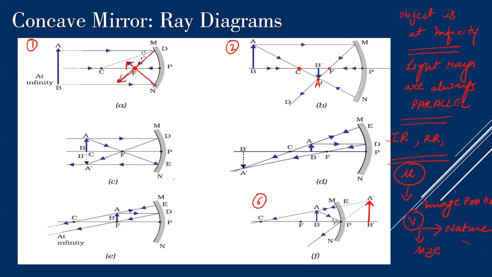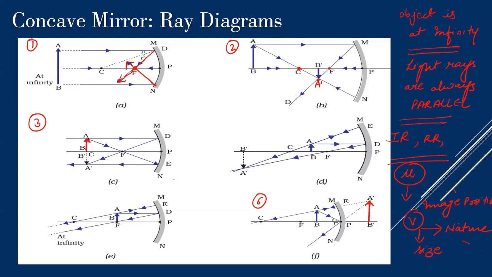This will describe the entire image formation. Okay. Third scenario. We had discussed what was it? It was at C, first at infinity. Now slowly we are coming forward. What is the second scenario? Beyond center of curvature. Now third scenario, at center of curvature. That means at C. If you see this, now this object AB is at C.